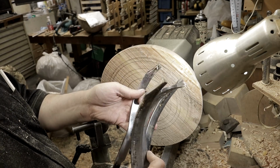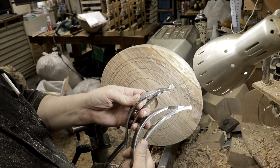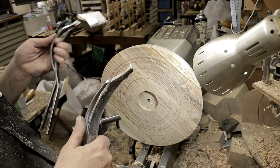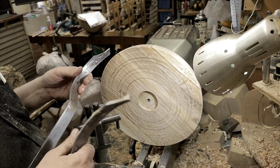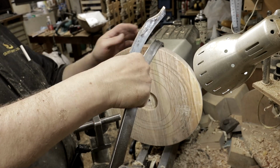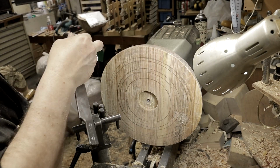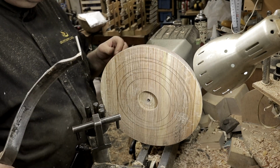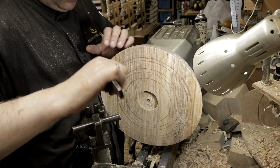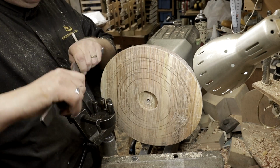So for the McNaughton Coring rig, I have 4 knives. I have 2 of the minis and 2 of the regulars or mediums or originals or whatever. Because this is big and heavy, I'm going to try to use the regulars. Generally they say you should put this on here and take a look at the curve of the bowl. So that one matches pretty closely. So what I do, and I also have a laser to try not to make a lampshade, is I line this up here